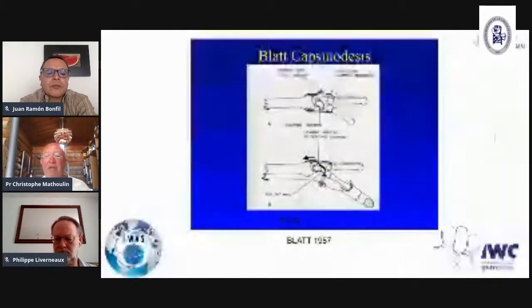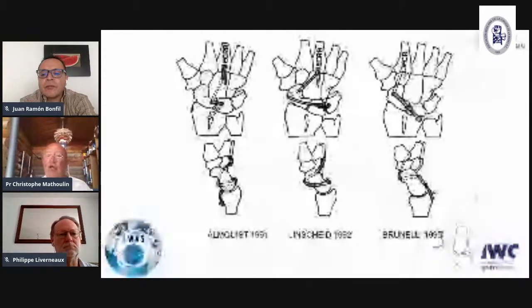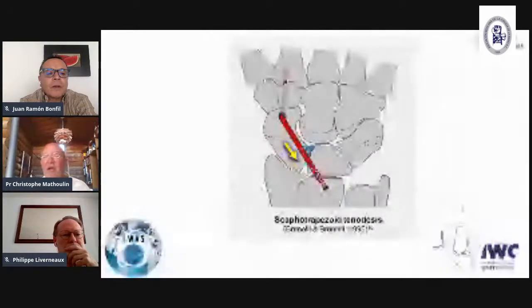So because surgeons are clever, we tried to find other solutions, and Blatt proposed the capsulodesis in 1987, and a lot of different ligamentoplasties followed until 1995, when Giorgio Brunelli proposed a new ligamentoplasty based on a theory